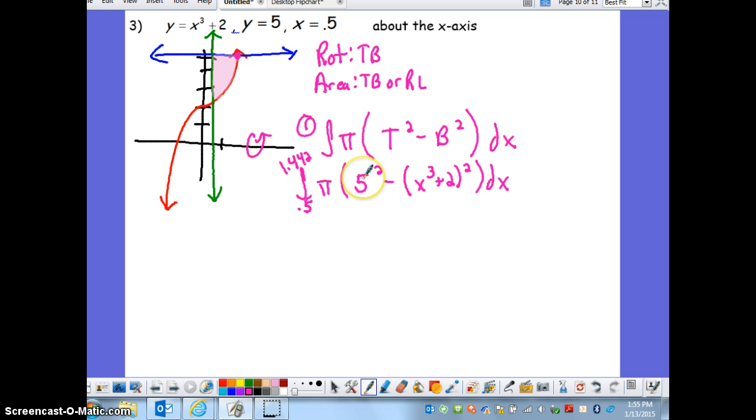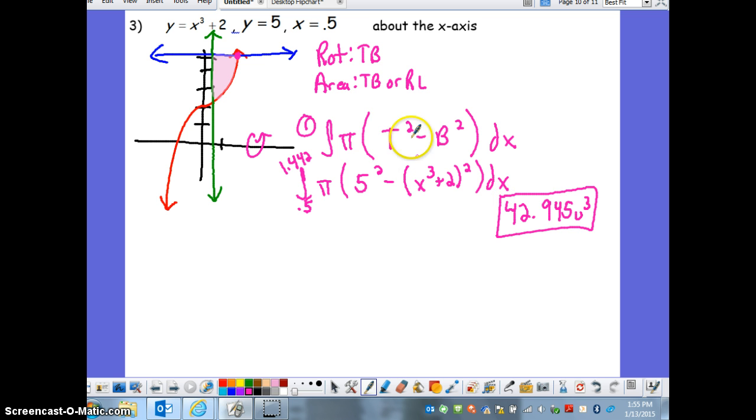You can make that a 25 if you want. Again, if you're doing this by hand, you're going to FOIL that, add it all together, and then simplify up. Your answer here should come out for number 3 to be 42.945 units cubed. All right, now if I wanted to do this using the method of shells instead of washers,